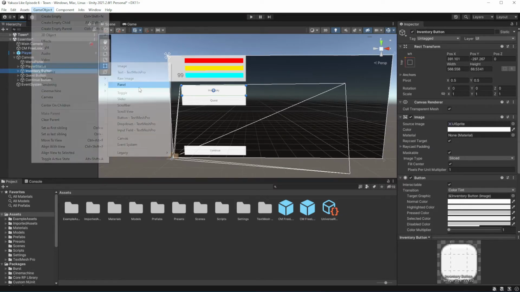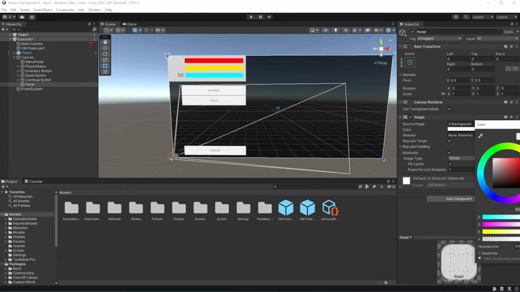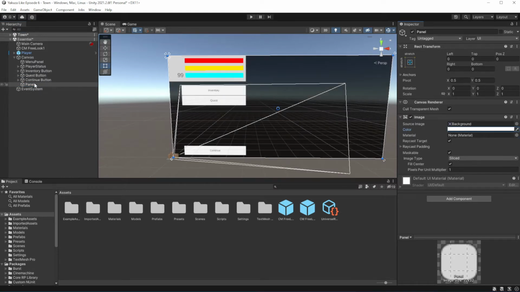Then place them under another panel, so we will be able to easily hide and show them. Parent this panel to the menu panel.